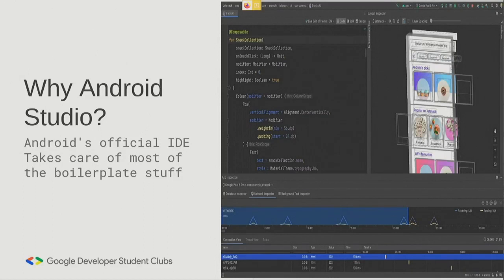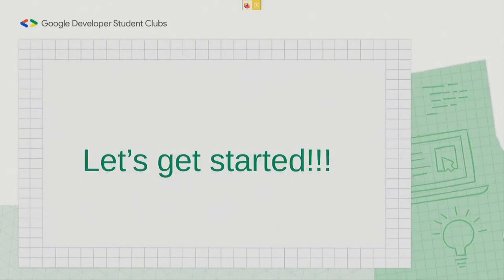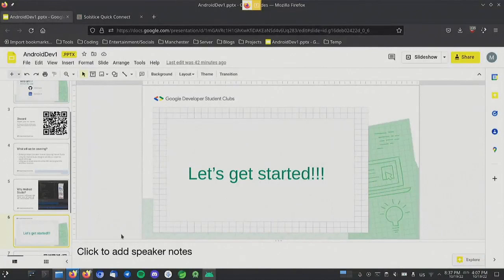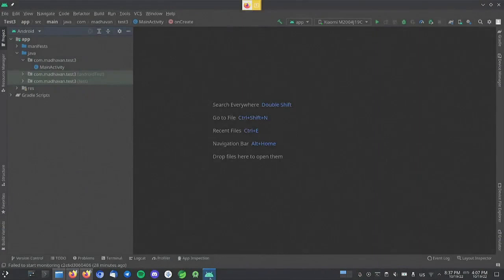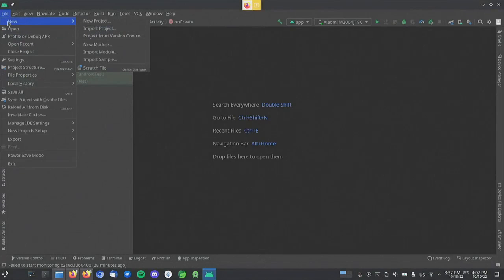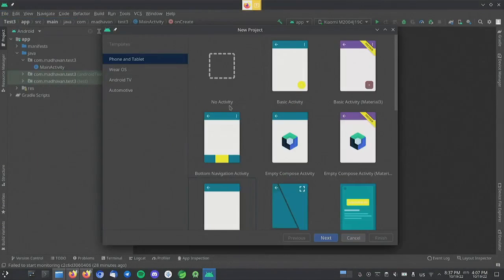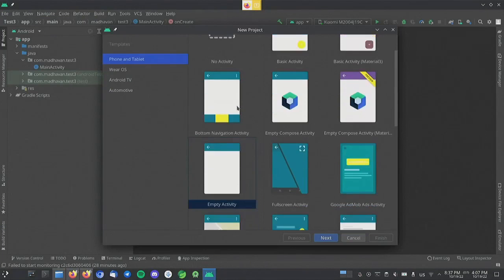So let's get started. I hope everyone has Android Studio installed on your devices. We had the links for the instructions on the Discord. So everyone, open up your Android Studio, and we're going to create a new project. You do that by going to File, New Project, and since we're going to be building it for Android phones, we select Phone in the template, and then we're going to start off with a simple empty activity